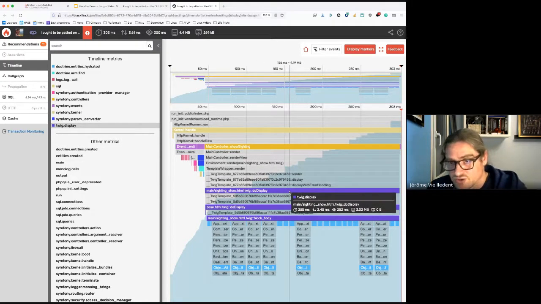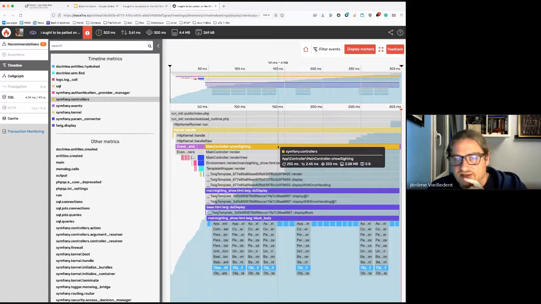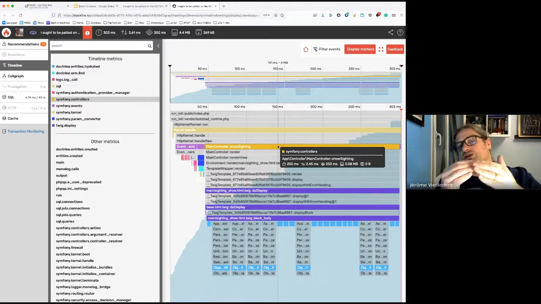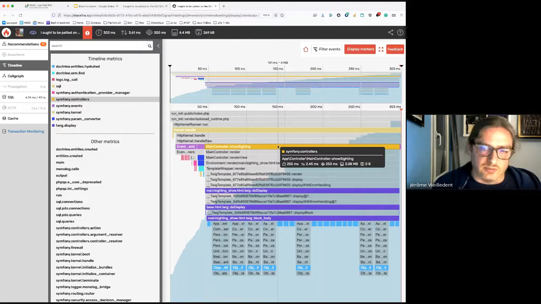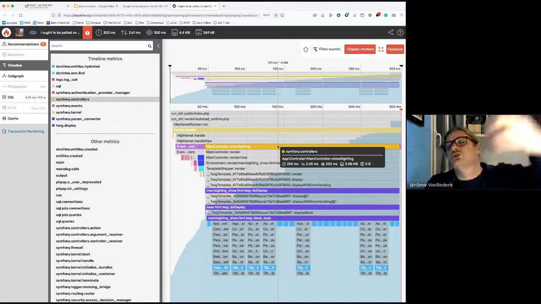So we can go directly down to the template, etc. Each block length is proportional to the time spent within that function, and they're stacked down because one function calls another, which calls another, etc. The deeper you go, the more complex your application is, because there are a lot of function calls. Here, there are not so many, but imagine Magento. Magento is huge.